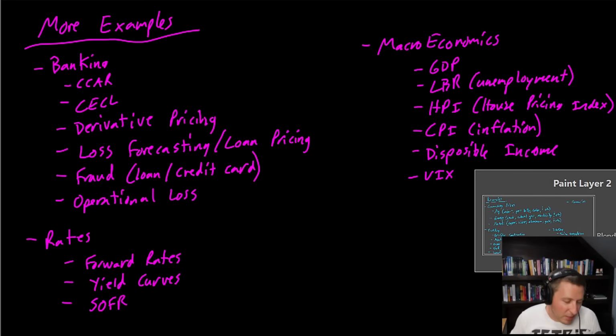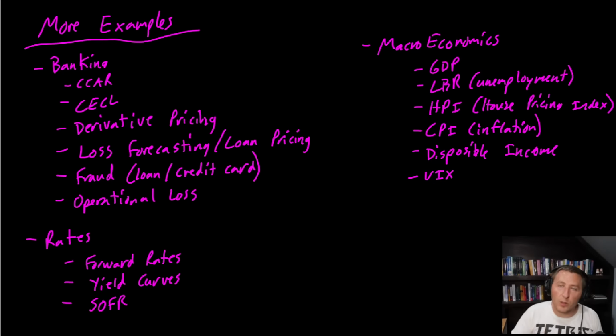More examples here. So let's just dive into banking. I did CCAR modeling, which was using macroeconomic variables to forecast and predict how a bank will do through an economic crisis. You're modeling out the balance sheet and the income statement, essentially. So assets, liabilities on one side, and income and expenses on the other side. It's a whole exercise. It's a whole process. It's time series. It's modeling. It's data. Again, you have bank data that you're modeling.